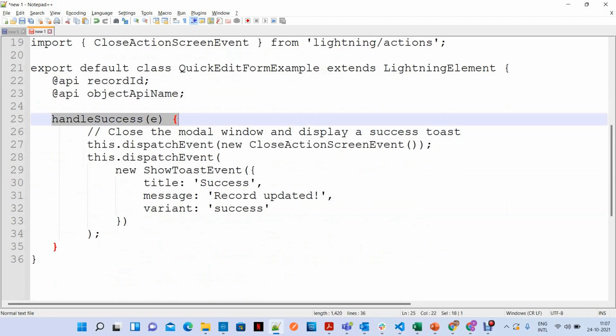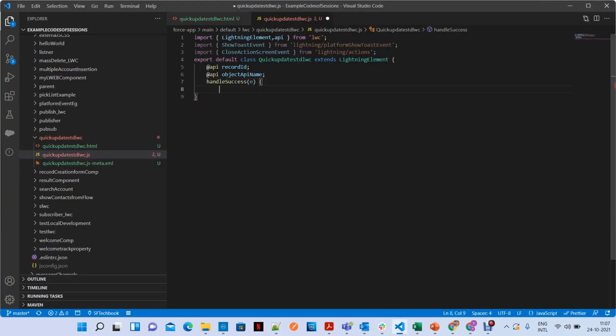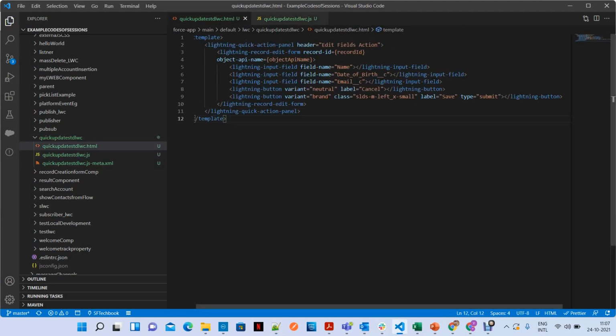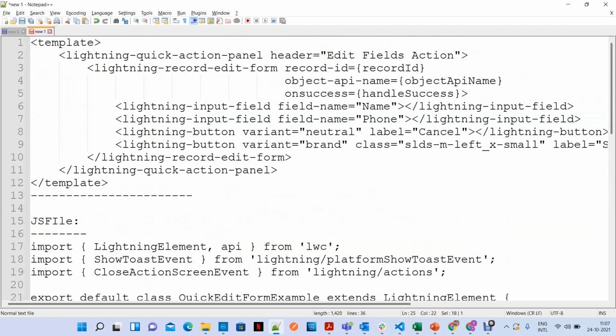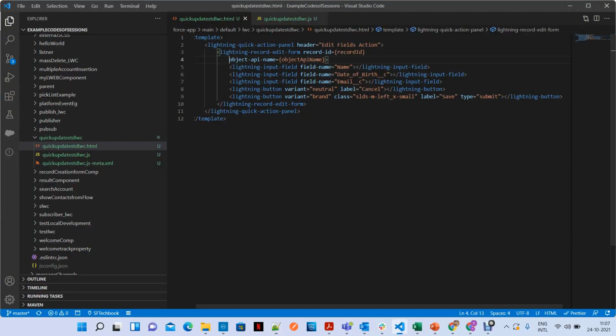And handleSuccess. So from where are we going to call this handleSuccess method? Let me show you. This is the one from the form tag.